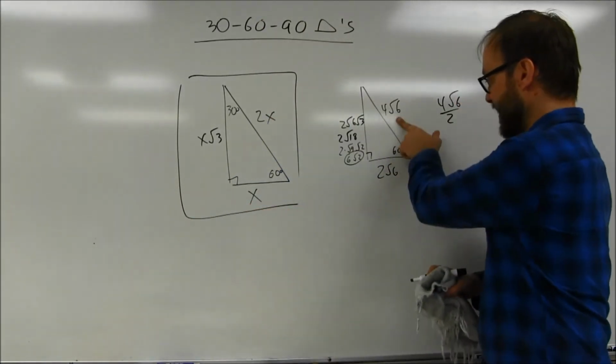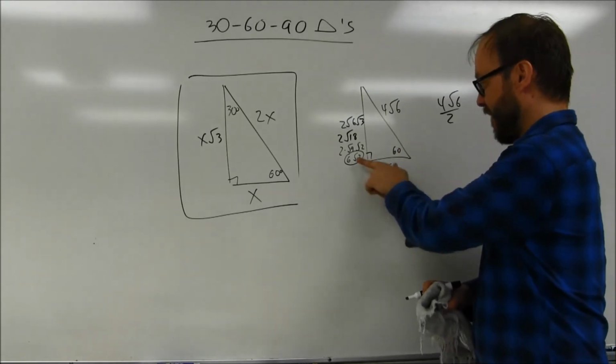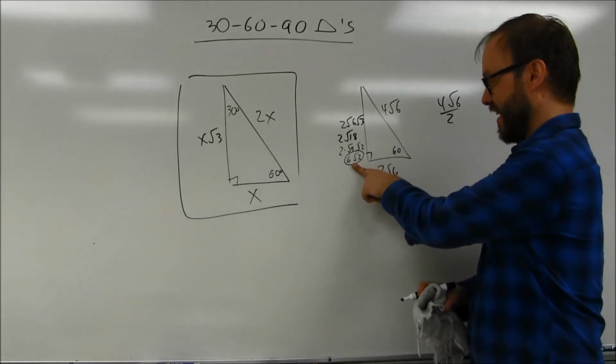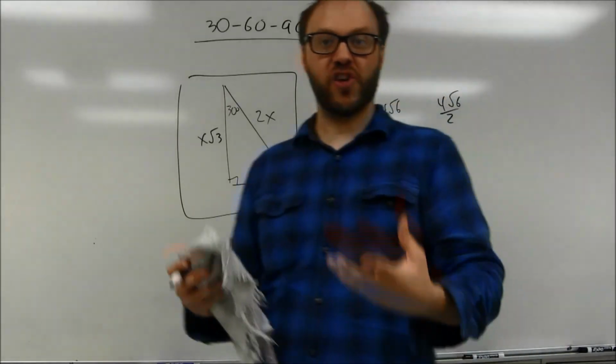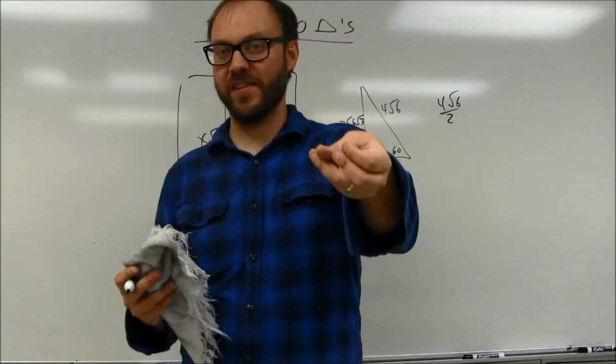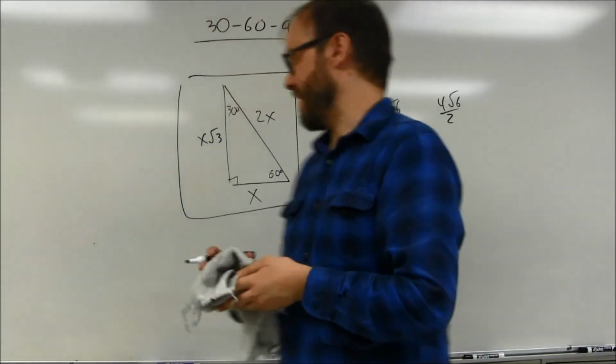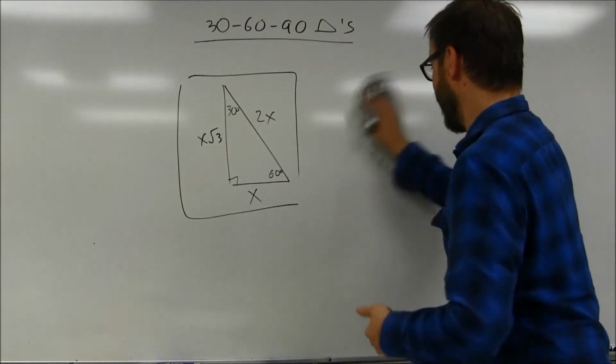You double it to get this. If you multiply this by radical 3, you'll end up getting that side there. Okay? It just looks weird. But the process is always the same. You're always multiplying or dividing by the same values. Okay? The other case you're going to run into,